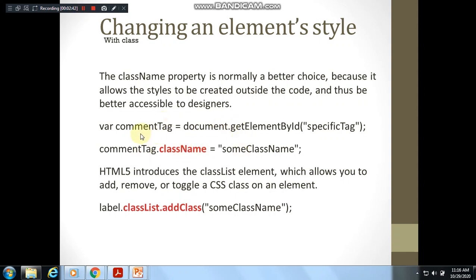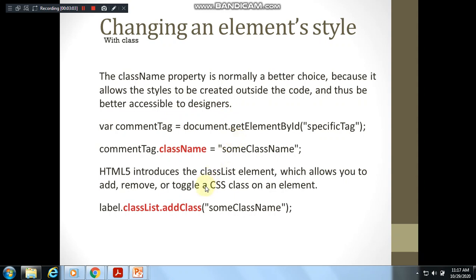In the first line we are storing a variable which accesses a particular element by its ID. In the second line you can observe we are assigning a new class name to that element.